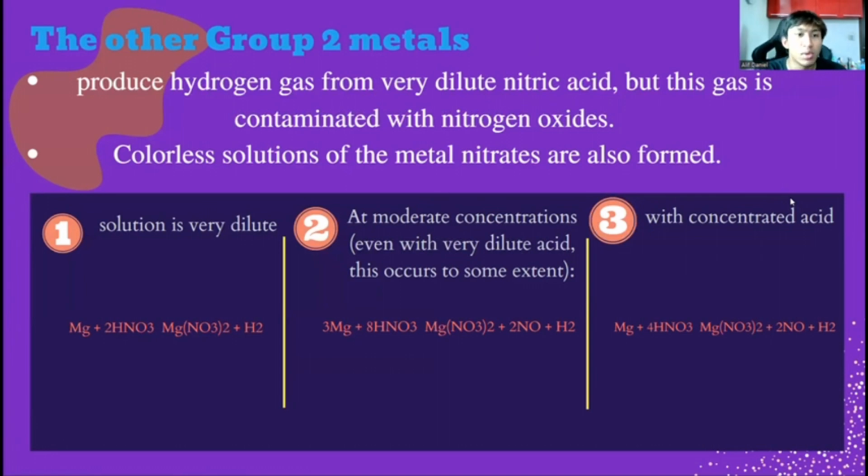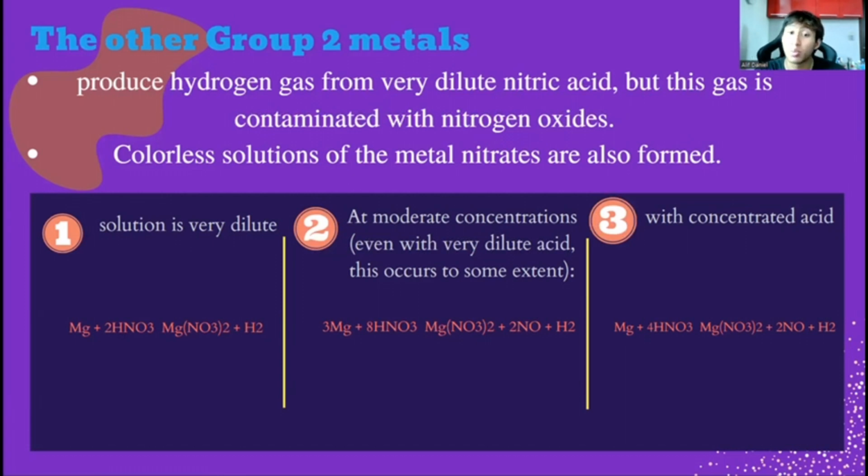So firstly, with very dilute nitric acid, hydrogen gas will be produced. However, with moderate concentrations, and sometimes also with very dilute nitric acid, we can see that